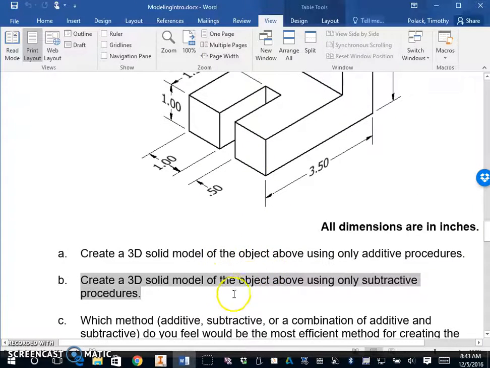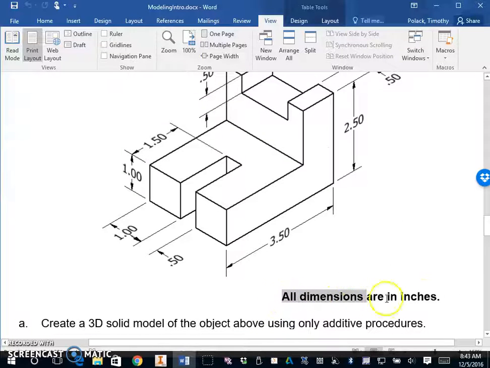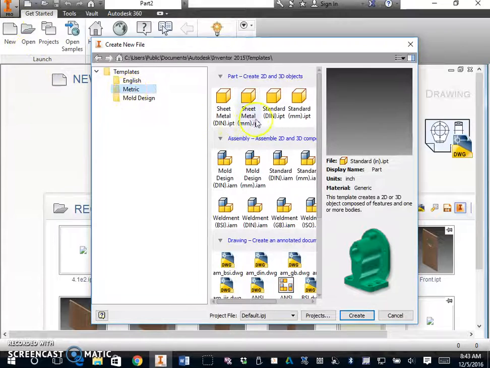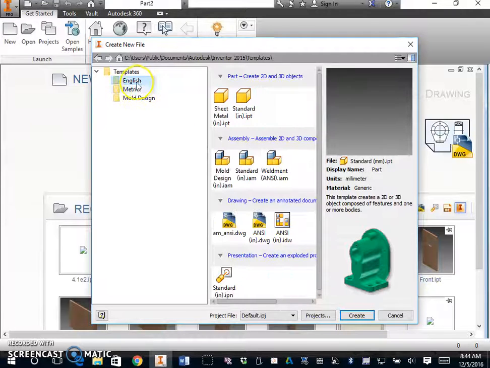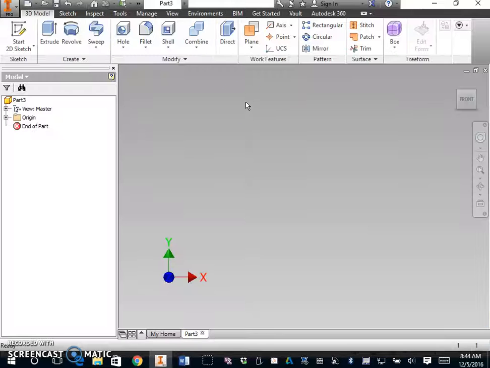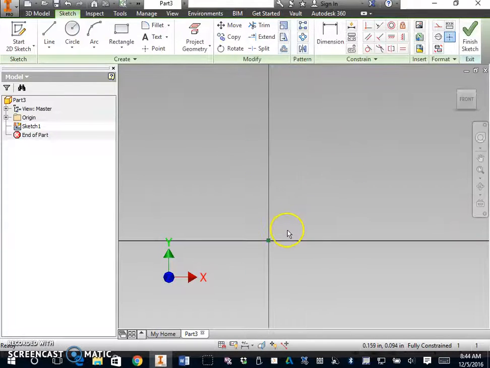So we're going to open up a new part in Inventor. Notice it says in this case all dimensions are in inches, so if you're still on millimeters from last time, we're going to have to change that. So new. You might be in millimeters if you still have the same file open from last time. So we're going to go to English, inches.ipt. Alright, so let's start a sketch, throw it on the XY plane,